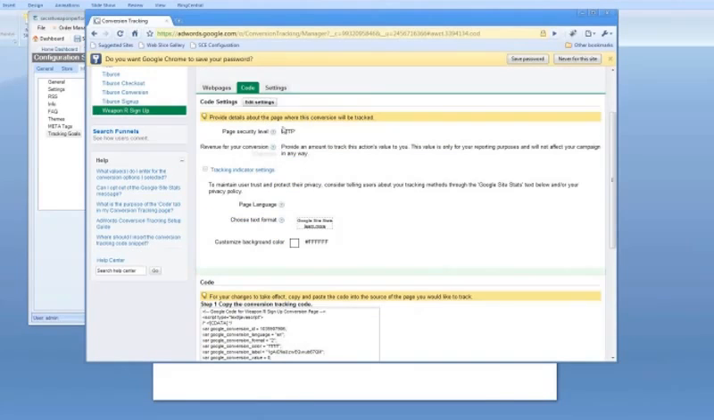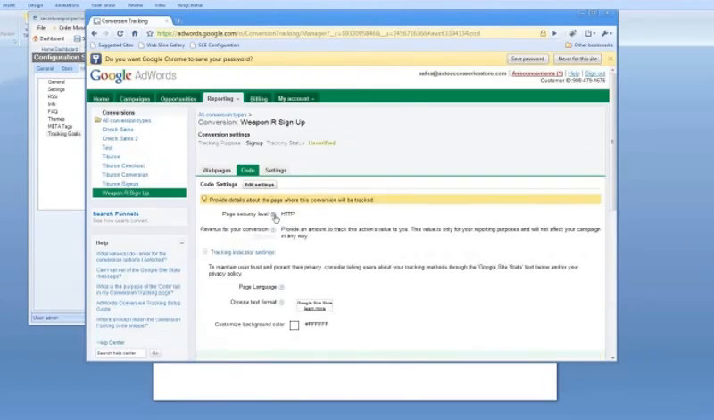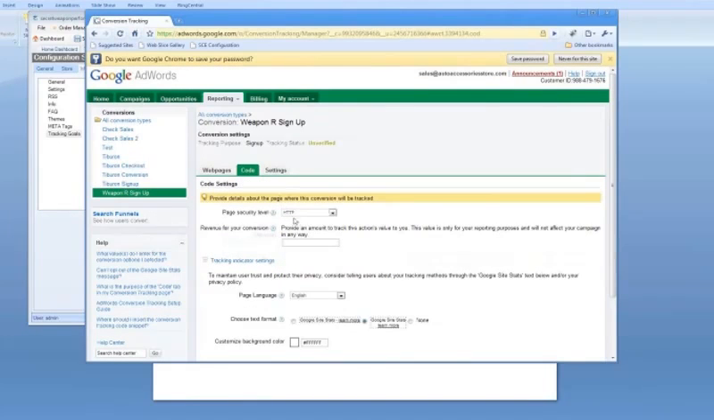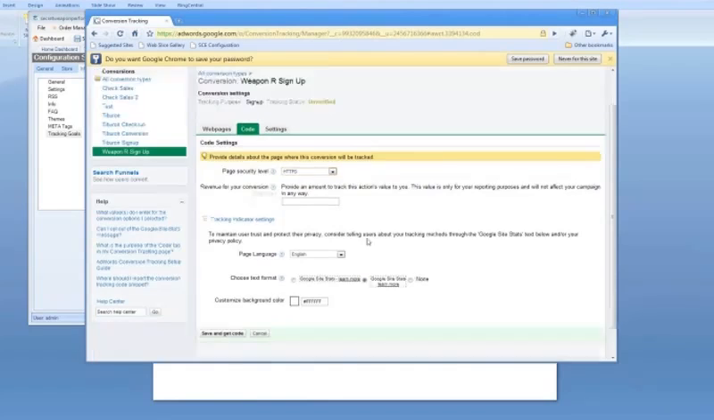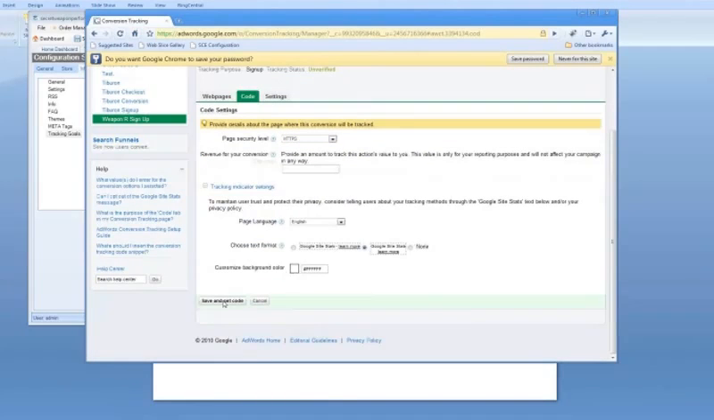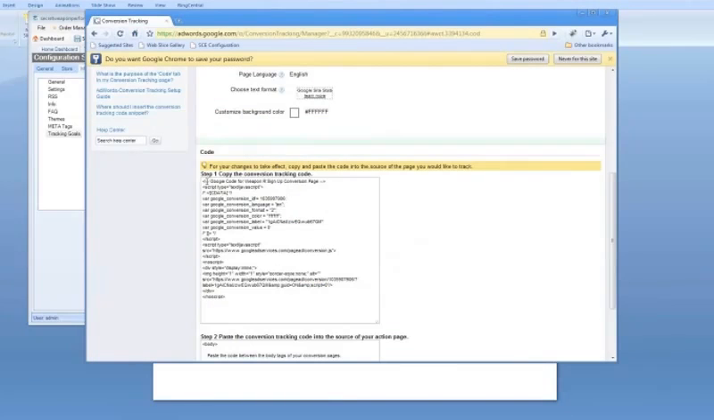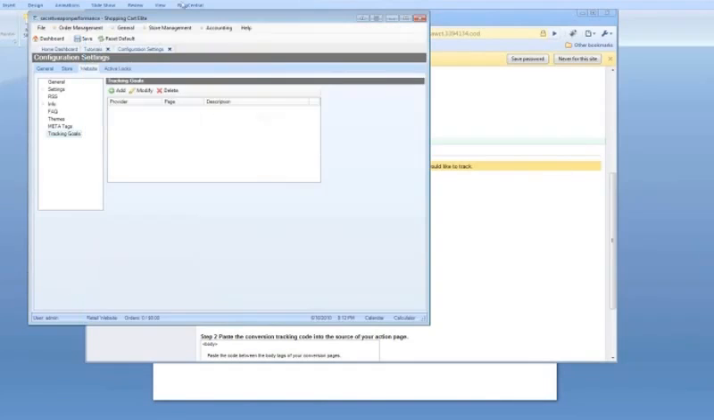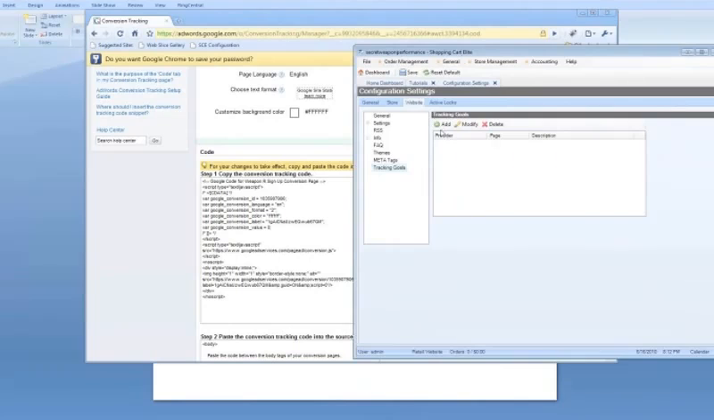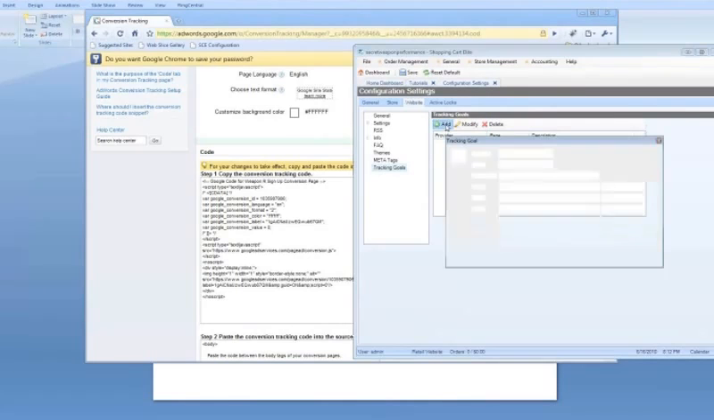So the next thing we want to do is get the code that we need to implement. And you see there's this edit settings for the code. We want to click on that. We want to change this to HTTPS. We want to save and get code. So now we have this big code here. You can't copy and paste this code into Shopping Cart Elite, but what you can do is just implement it using the tracking goals. So what we're going to do is we're going to say add,